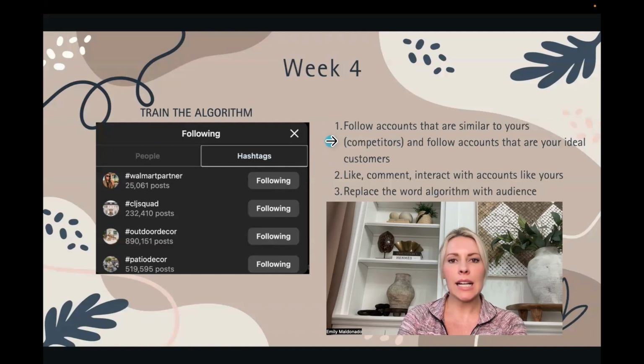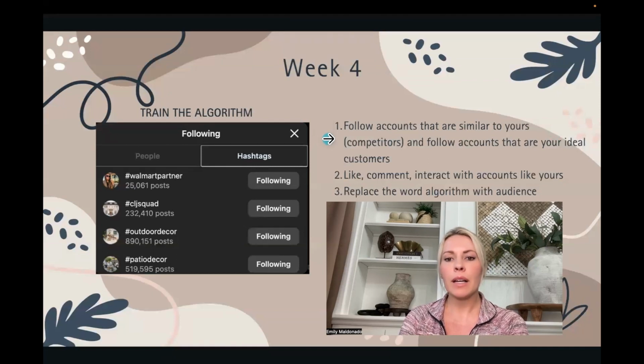However, it is nice to follow accounts similar to yours because you do get ideas, you get inspired on creating your own content, you can see what's resonating. So, for example, if an account is similar to yours and they have a reel that goes viral that a lot of people are engaging with, you can use that idea as something your audience will likely be interested in. So, it's important to follow accounts within your niche.